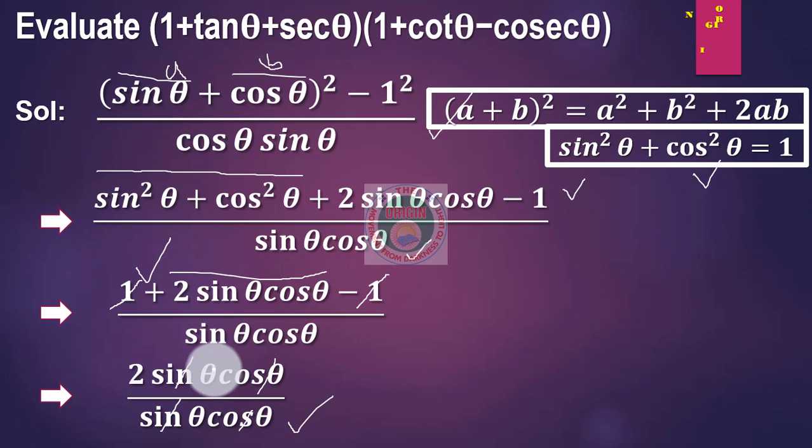Remember that once the trigonometric ratio is cancelled, automatically the angle is also cancelled. No need to cancel the angle separately. Some of the students are writing that only the trigonometric ratio is cancelled, and after that they write the angles. You need not write that. Next, the total trigonometric ratio is cancelled, remaining is 2. This is the answer.